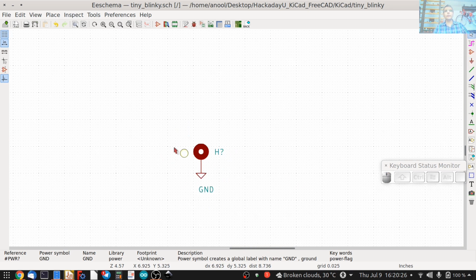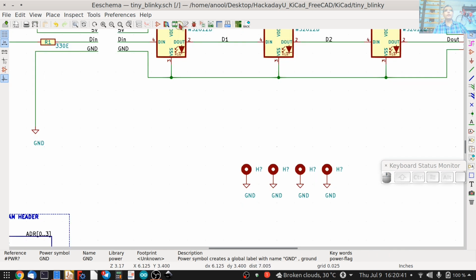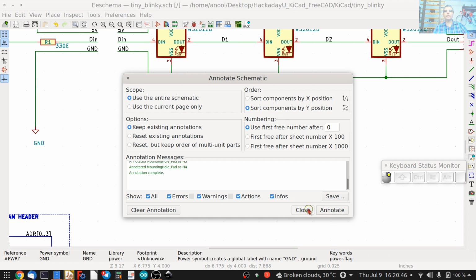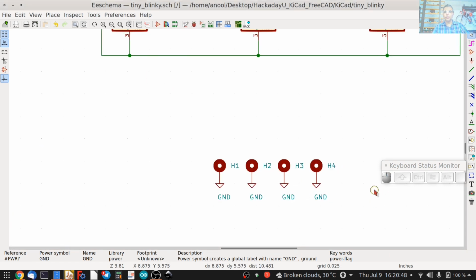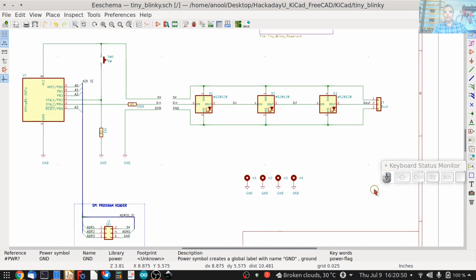We can do the block copy and duplicate command now. That's your block, right click, duplicate, let's say second, and then repeat it once again so we get 4 mounting holes. Let's quickly annotate this by using the annotate schematic symbols icon, click annotate, close. So we have these 4 holes numbered.